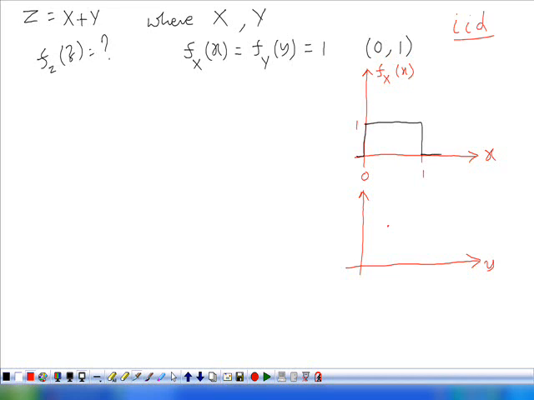That is, independent and identically distributed random variables. This is also equivalent to 1 for the same interval. So what is the first step in finding the convolution between these two? f_Z(z) is equivalent to f_X(x) convolution with f_Y(y). Here first replace this x with some dummy variable tau. So this is f_Y(y).